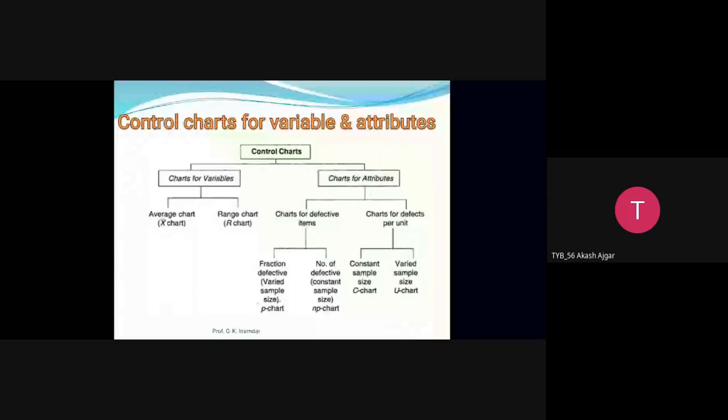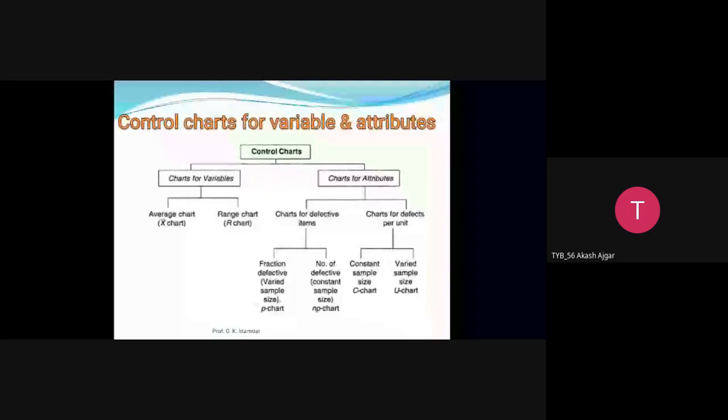Okay, in the variable charts, the field of application is control of the industrial characteristics. And here, for attributes, it is control of the proportion of defectives, the number of defects, or the number of defects per unit. That means we are finding the defects by using these different charts in the variable as well as attribute. They are totally controlling the industrial characteristics in the variable, and defects or number of defects are called attributes. So what are the advantages of the variable charts and what are the advantages of the attribute charts?